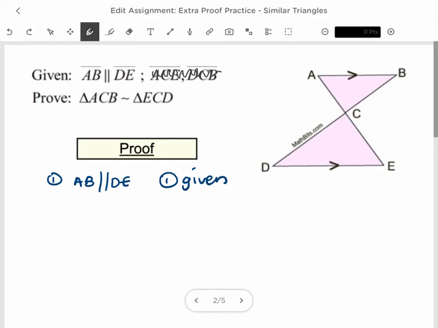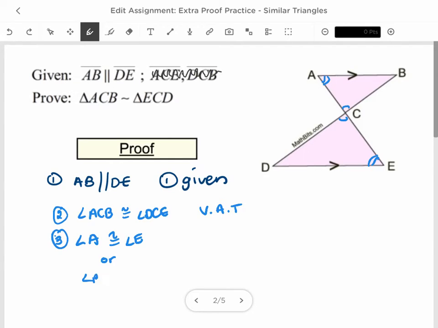So again, you have options here. You could do the vertical angles here. I could say angle ACB is congruent to angle DCE, and that's vertical angles theorem. Remember, you have to have theorem there. You can't say postulate, you can't say vertical angles. It has to be theorem. Okay, and then I can use the parallel lines with either pair of alternate interior angles. So angle A could be congruent to angle E, or angle B could be congruent to angle D, and that's